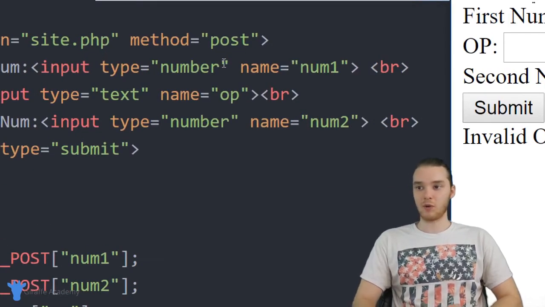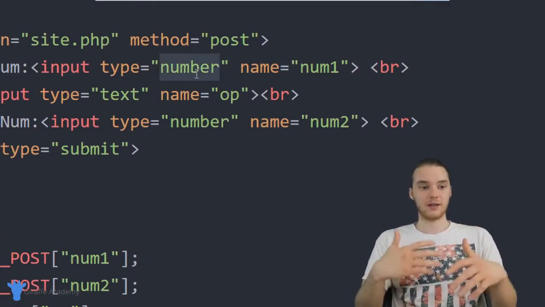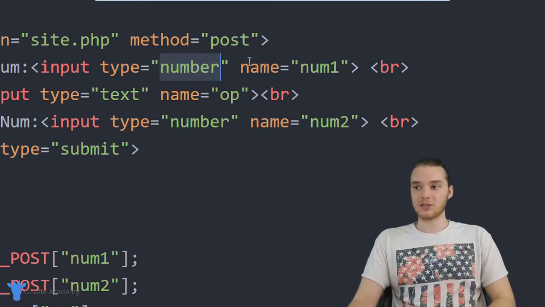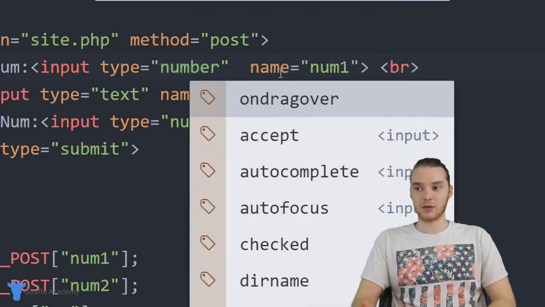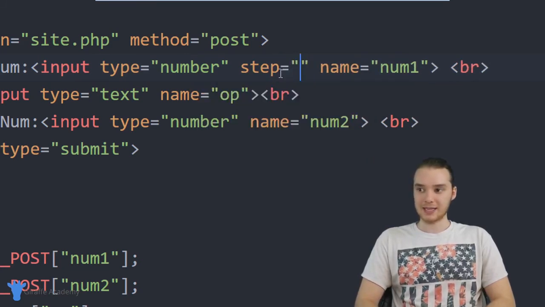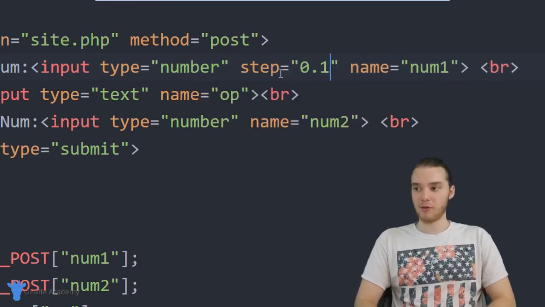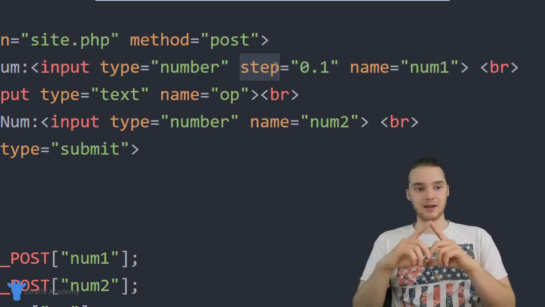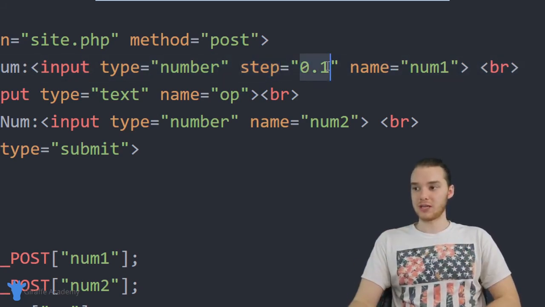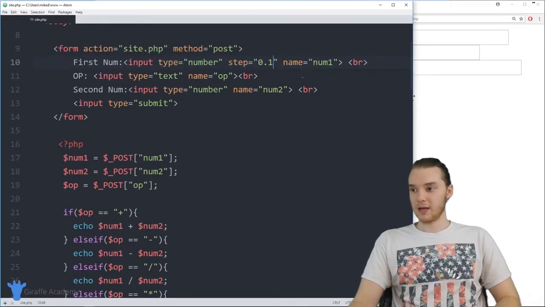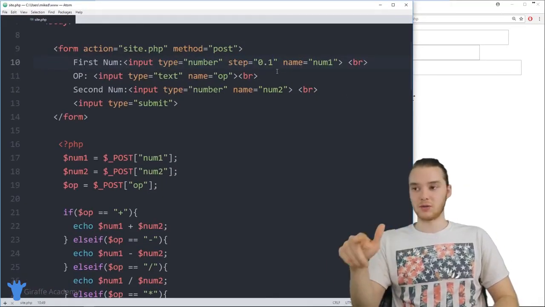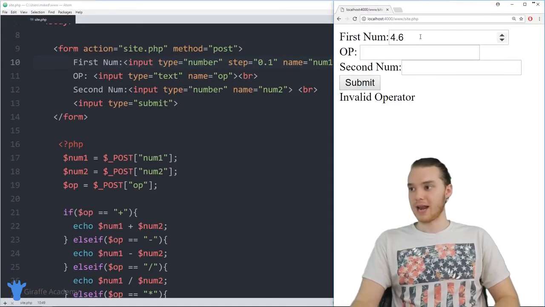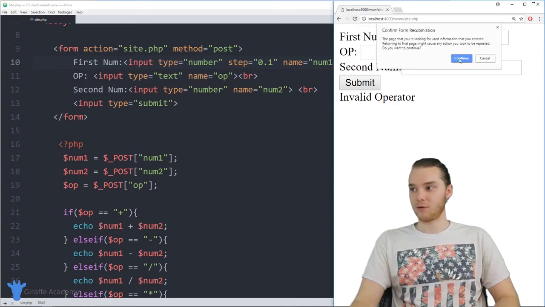So by default, when we say number, this is only going to take whole numbers. But we can actually modify that so we could use decimal numbers. So I could just say over here, step, and I could set this equal to 0.1, for example. And now this is going to specify that we can take numbers to this decimal point. So we could basically say numbers to the tens place. So over here, now I should be able to enter in a 4.6